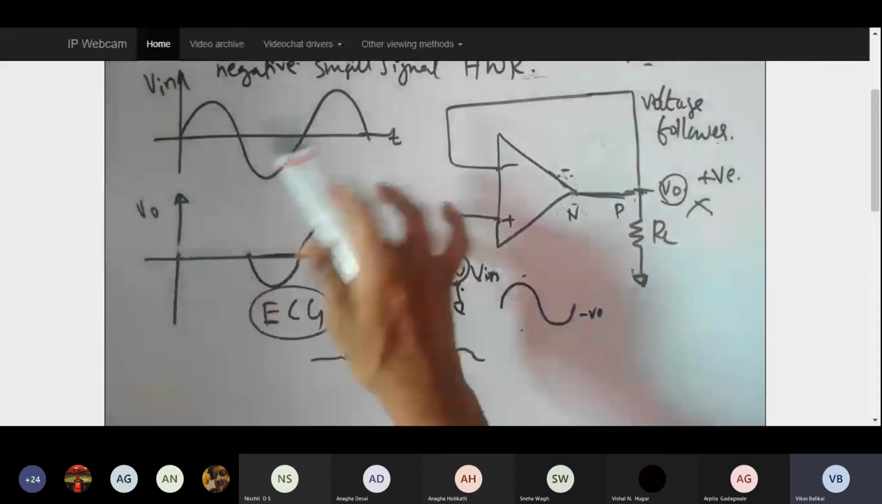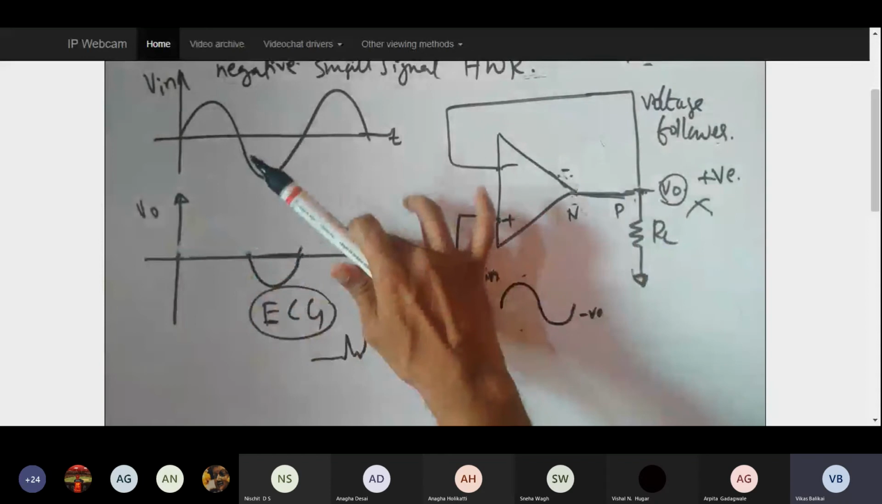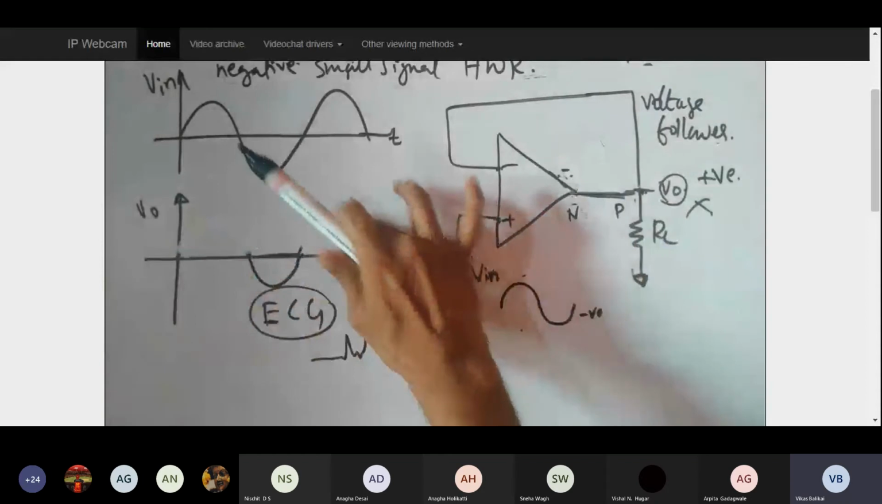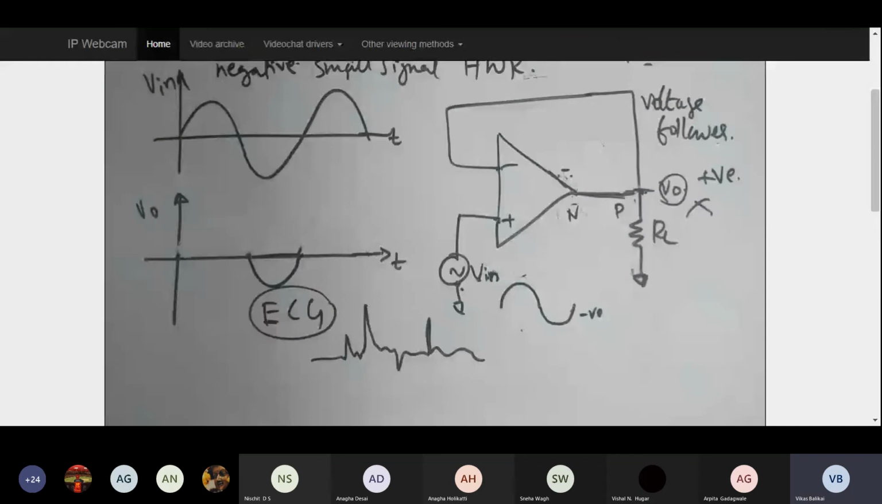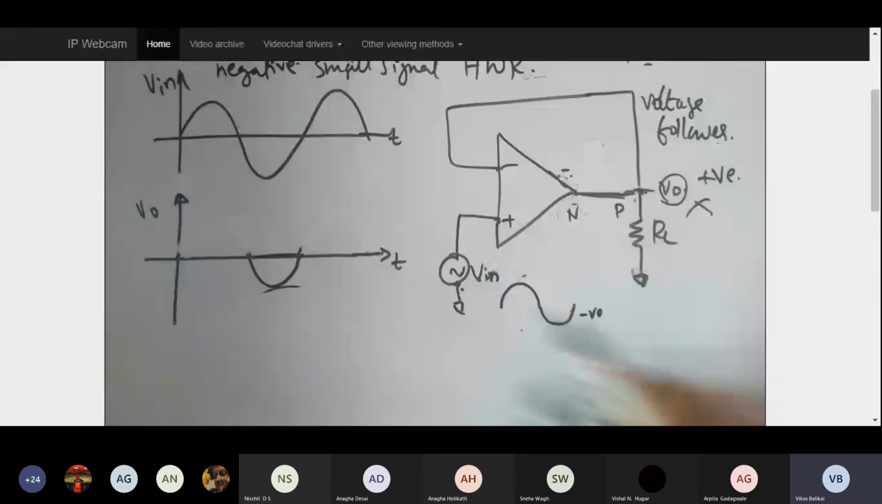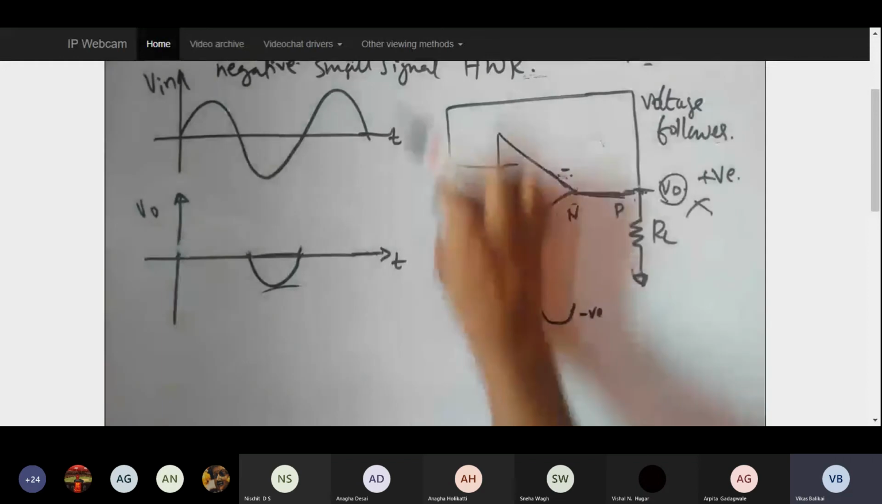Again, at the positive cycle, I'm not going to get anything. So this is how it is going to behave as a positive half wave rectifier and a negative half wave rectifier, specifically in terms of small signals. So this is the resulting equation or the resulting circuit. Now I have one more circuit in the same application,